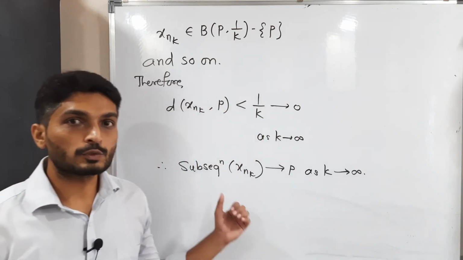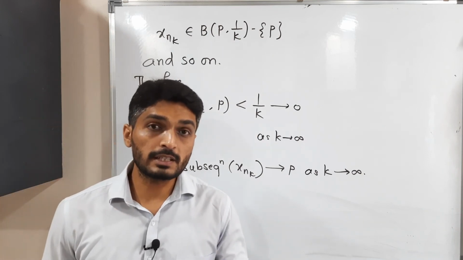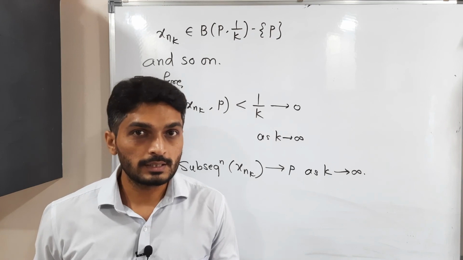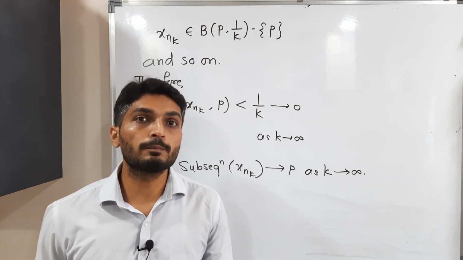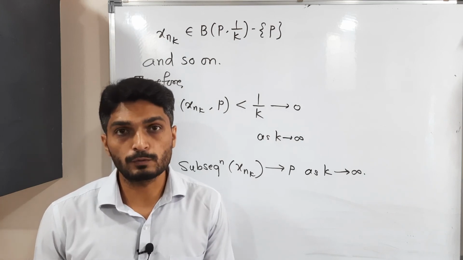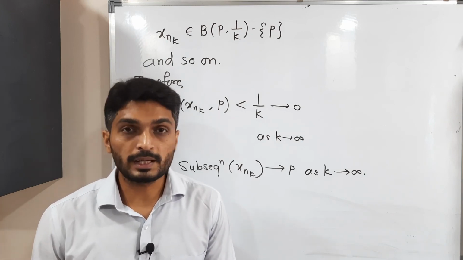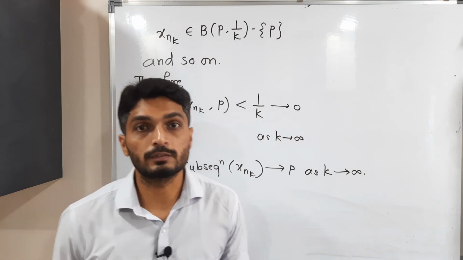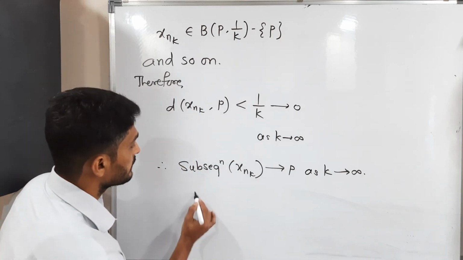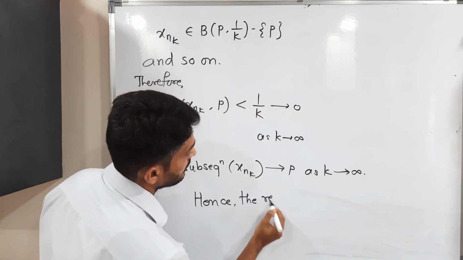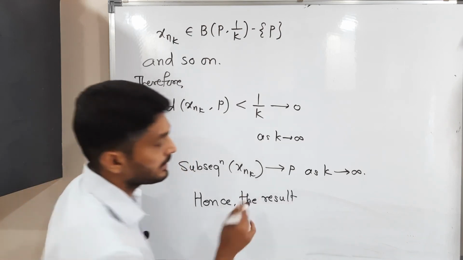See, in this case we get a convergent subsequence. In the previous case, that means where A is finite, in that case also we have proved it has a convergent subsequence. So in both cases we have proved the given bounded sequence has a convergent subsequence. So therefore we can declare every bounded sequence of real numbers has a convergent subsequence. Simply I will mention, hence the result. That means the entire statement is covered here, okay?